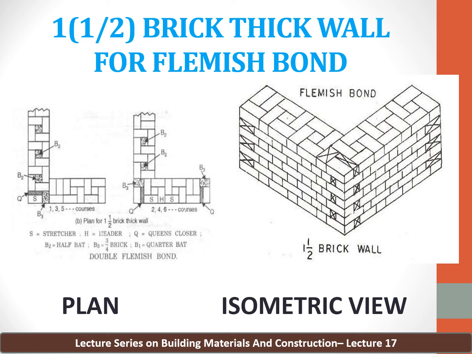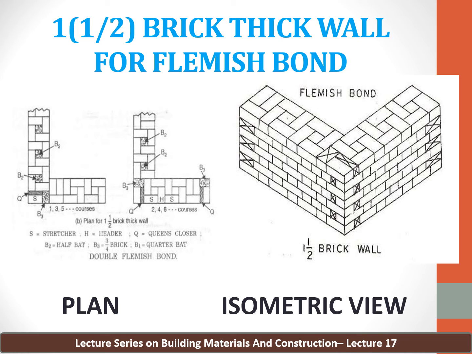Next, what are the different special features of the double Flemish bond? Every course consists of a header and stretcher placed alternately. Facing and backing of the wall in each course have the same appearance. Queen closers are used next to the quoin header in each alternate course. Actually, it is a queen closer which has to be placed next to the quoin header in each alternate course.